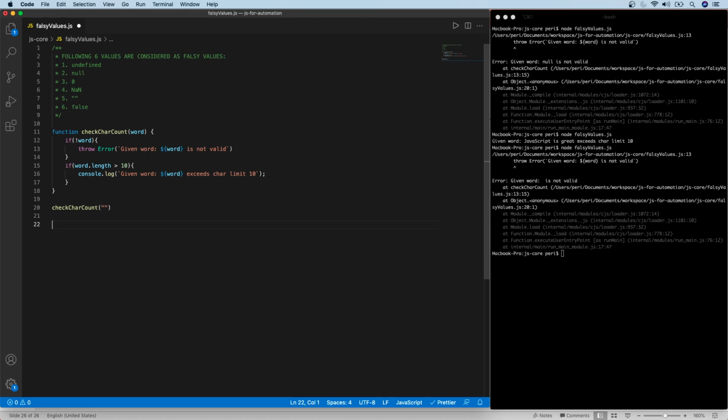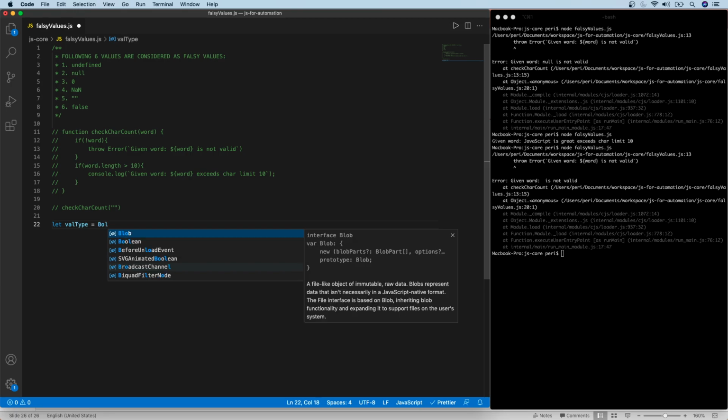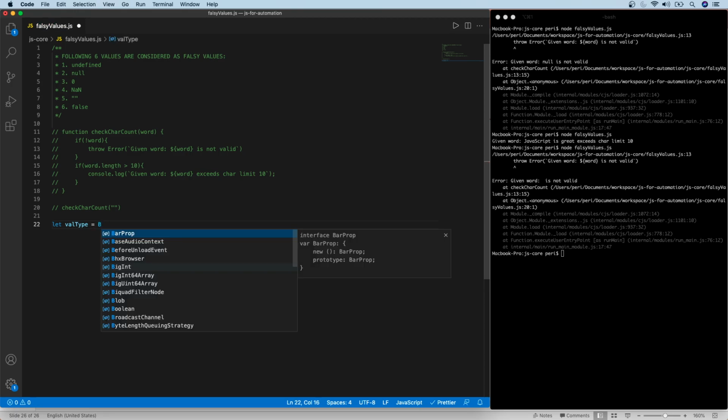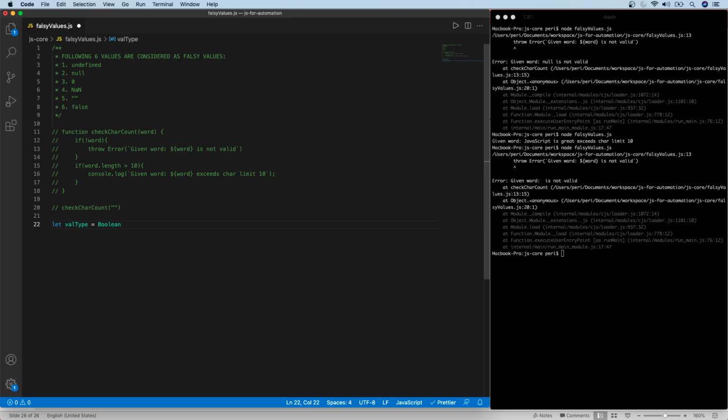So now the final question: how do I check whether a given type or given variable is nullish or not? That's going to be pretty simple. The way you can check it, let's introduce a variable, let me say valueType, for example, and then all we need to do is create a Boolean. Remember, I'm starting with an uppercase Boolean, and this is a function call. I'm basically creating a boolean type using this function.